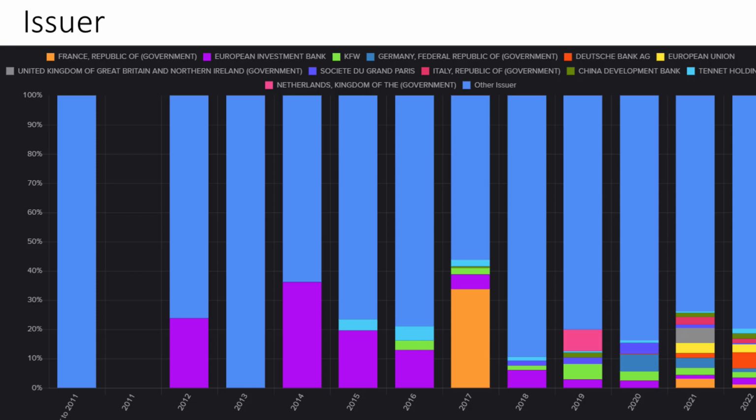So, okay, issuers. Can we find here a mass of companies? Right now this is just naming. Mostly we cannot define the issuer by name in most of the cases, but still we can find major players. So the European Investment Bank was the flagship of issuing green bonds at the beginning. Then we can see that as the market was scaling up, their significance started to disappear. Also we can see here, I don't know what KFW is. It's a German development bank.